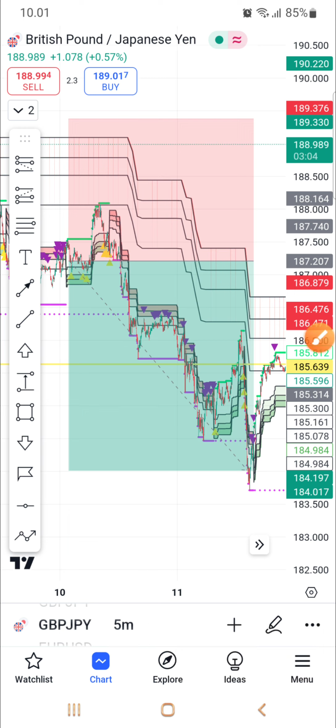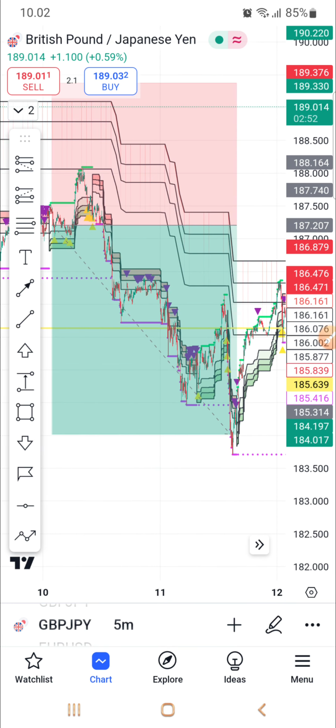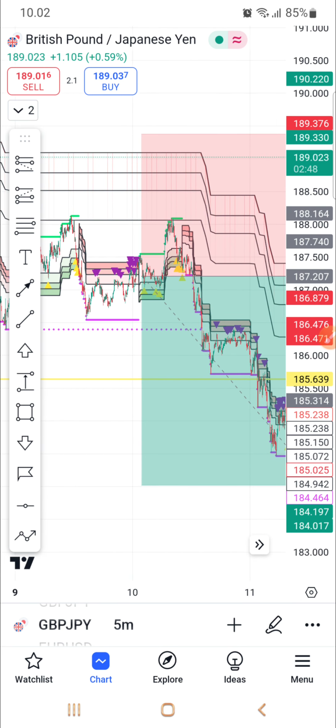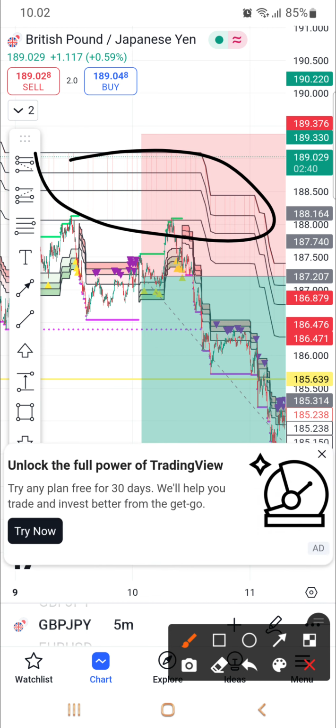And when the price is going down, don't ever try to buy. Never think about how to buy or where I have to buy. No. When price is going down, you only think about where I have to sell. Especially using this indicator, you already know this one is resistance, and you should sell no matter what. Sell, sell, sell.